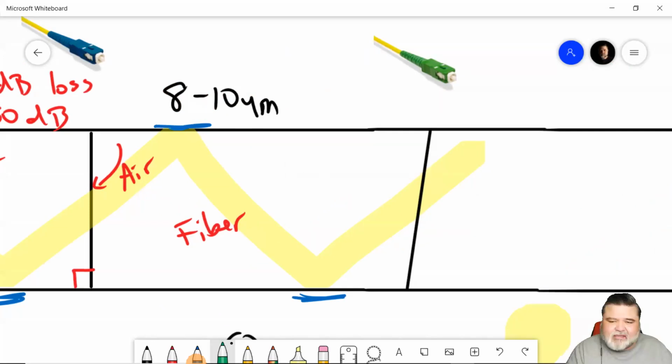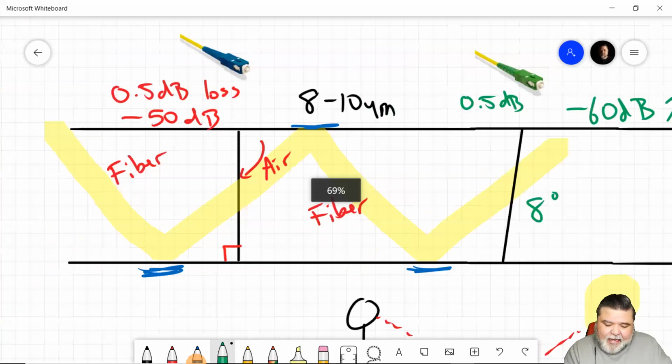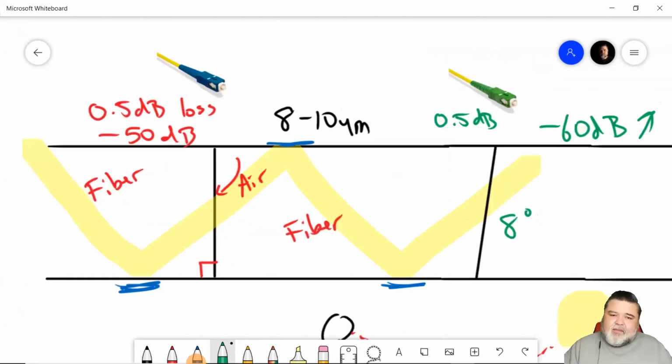And reflection, though, is negative 60 dB, which is significantly better or higher. And it's typically higher. We're talking about negative 70s, negative 73, negative 74. APC connectors, or angled physical contact, have an 8-degree cleave, and as such, introduce less reflection or noise, so to speak. And so it's important to understand that there are different parameters and different expectations for different types of components